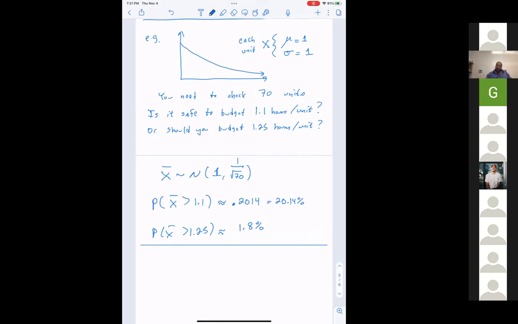But the fact of the matter is that, with the idea of the original population distribution and the sampling distribution, if it's big enough, it becomes normal. If it becomes normal, we have normal CDF on our calculator. It makes our lives easier. Does that make sense? Yes.